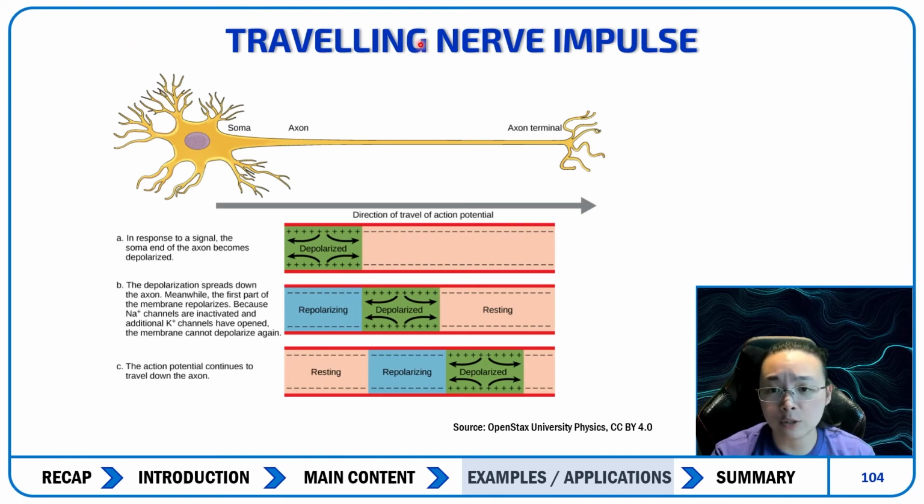So let's take a look at a traveling nerve impulse. You have the soma, axon, and axon terminal, and this is the direction the nerve impulse is going to go along. At first, you have a depolarization event happening. Afterwards, that depolarization event is going to pass on to the next portion of the axon, and it keeps passing on while the previous portion repolarizes and goes back to a resting membrane potential. So the depolarization is going to spread down the axon